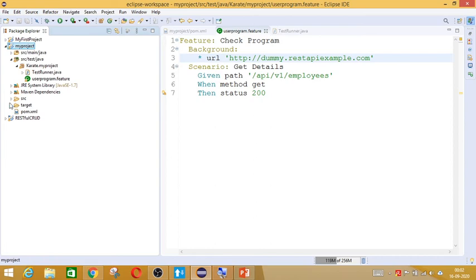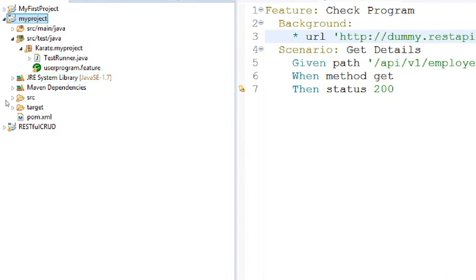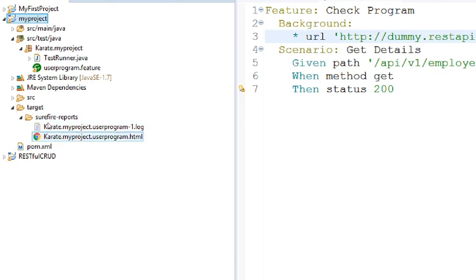So this is the target folder. You click on it, and you can see there is a result HTML file available. This is the file that Karate automatically created.